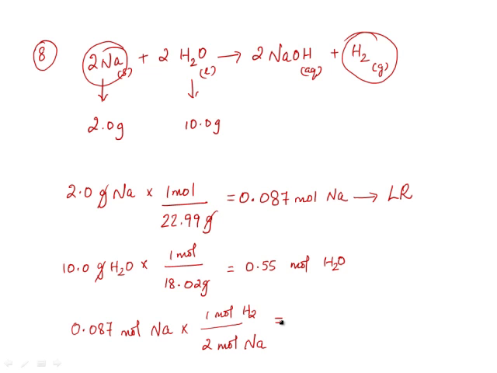So how many moles of Na? Moles of Na can go away and you get the moles of H2 as your answer. How many moles of H2 can form? 0.087 divided by 2, or half of that. So 0.0435. Let me take it as 0.044